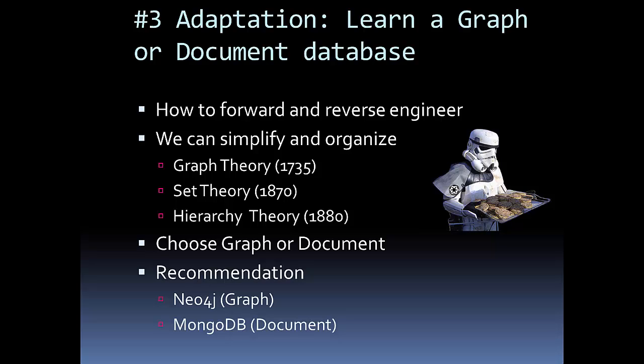Not all of them. I would recommend either a graph or a document-based technology. There are 4 that are out there: graph, document, key value, and column. Key value and column have more to do with how the data is stored, in my opinion. Graph and document have more to do conceptually with how you would explain the data to people who don't even know the technology. Kind of like how we would handle set theory. If we know set theory, we can pick up graph theory and document theory.